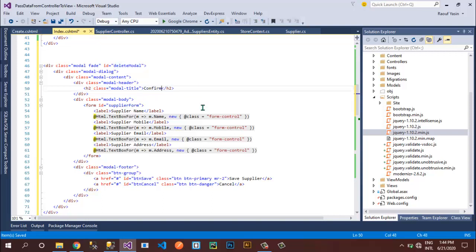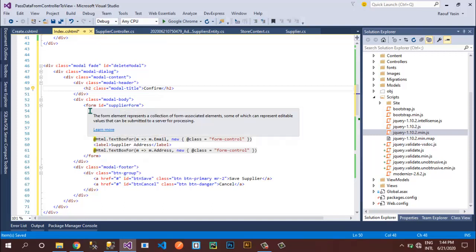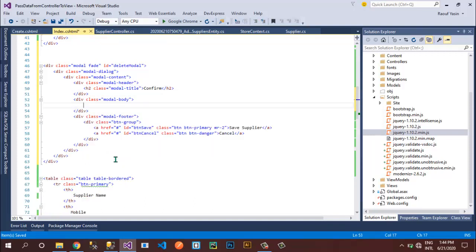Instead of supplier information, I'll set it as confirm, and over here in the body I will not set anything, and I will set h3, and I'll set, are you sure you want to delete this supplier? Okay, and I'll set question mark, and over here I will set delete and cancel, and I will set the ids as btn delete and btn cancel, and it will work for this one.